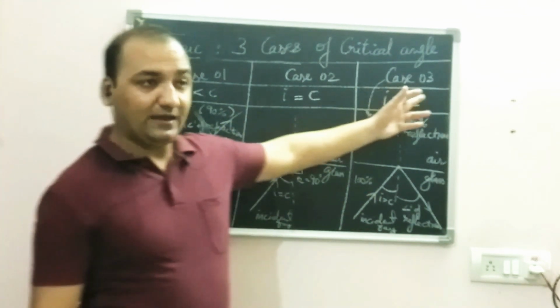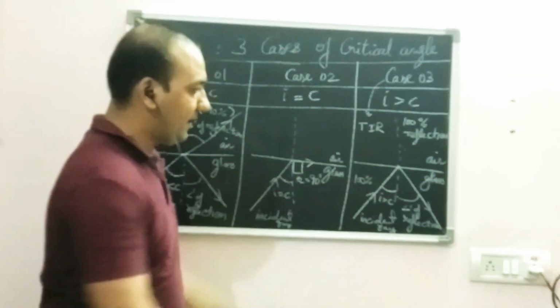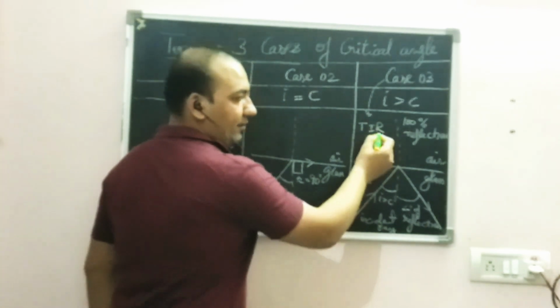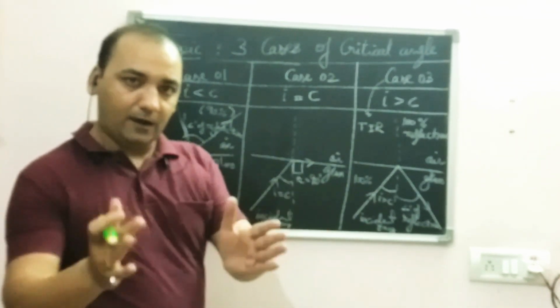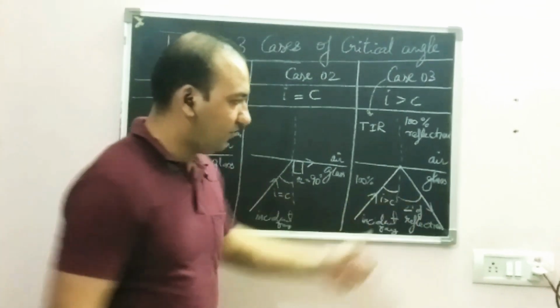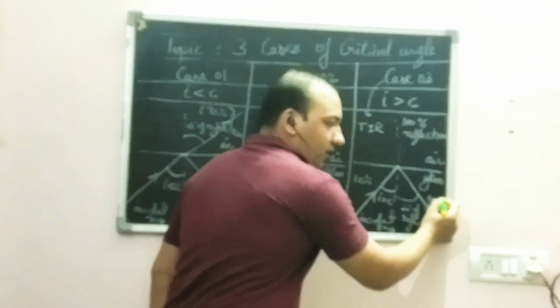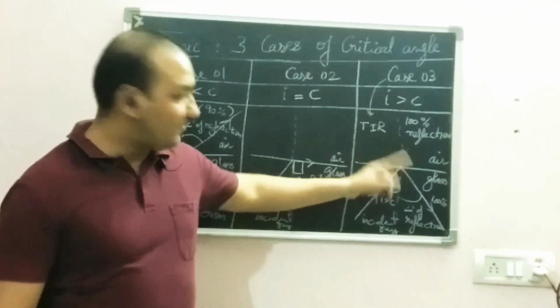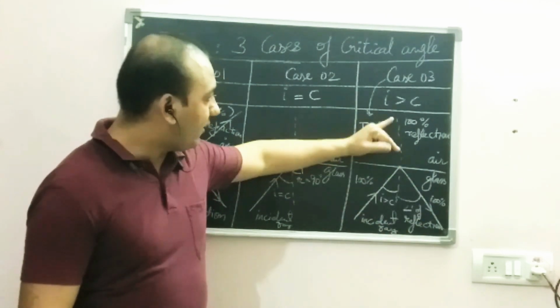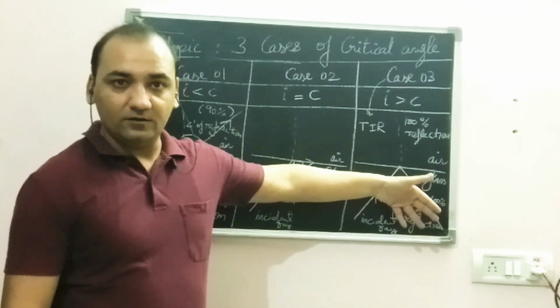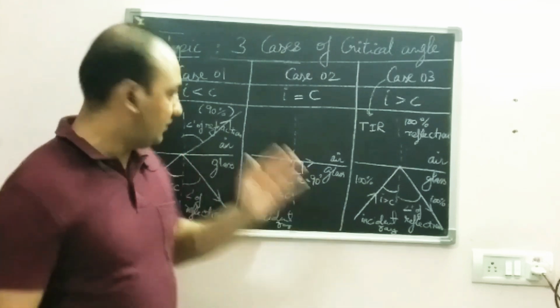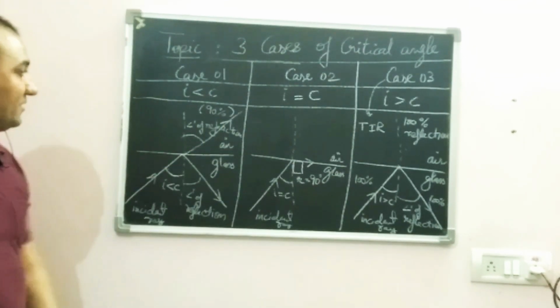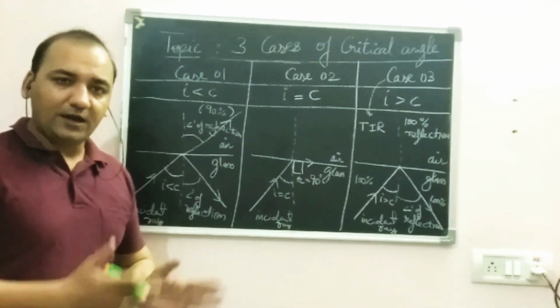This case 3 has a special name given to it, which is TIR. That means total internal reflection. As the name says, TIR. Total means 100%, because here also the light is coming as 100%. Internal, because it's inside the denser medium. Reflection, since it's completely reflecting. So total internal reflection. These are the 3 cases which we must know, and we can apply the appropriate condition